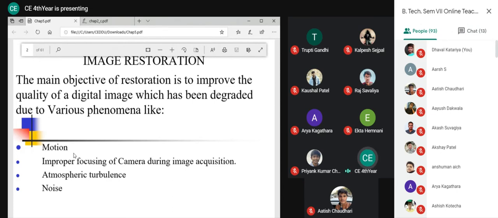Temperature, how the temperature matters. If the temperature is higher, electrons are affected by temperature, drift will be more, and the voltage generated will be more or less. Or some other IC in my camera, or in my processing unit. If any other semiconductor device is there, the performance of those electrons is affected by the temperature of the device or the atmosphere.